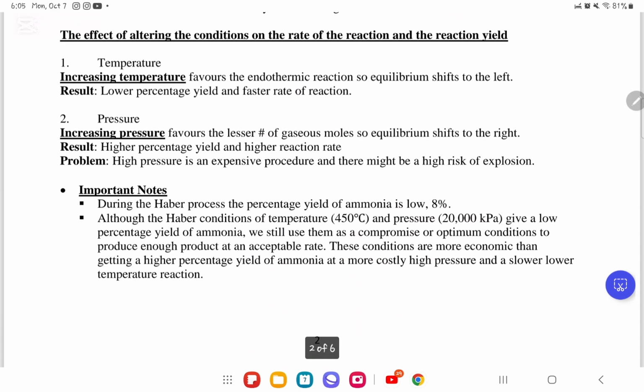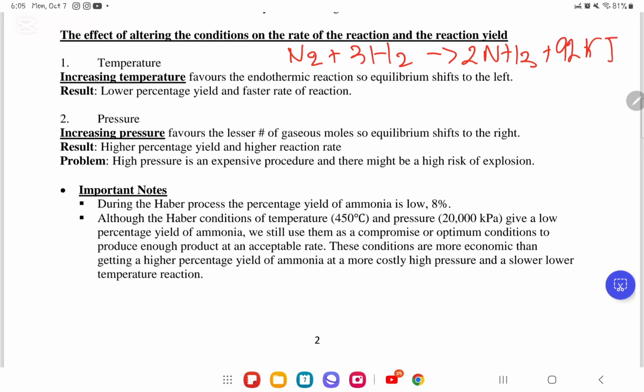Now, the effect of altering the conditions on the rate of the reaction and the reaction yield. So, if we increase the temperature, we know this is our reaction. It is N2 plus 3H2 gives us 2NH3 plus 92 kilojoules. So they're telling us, if we increase our temperature, according to Le Chatelier's principle,